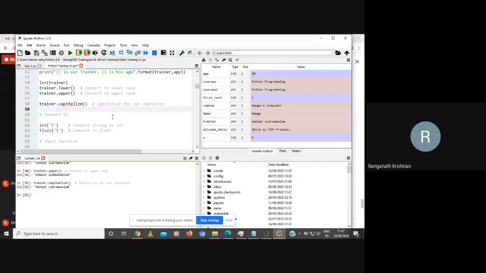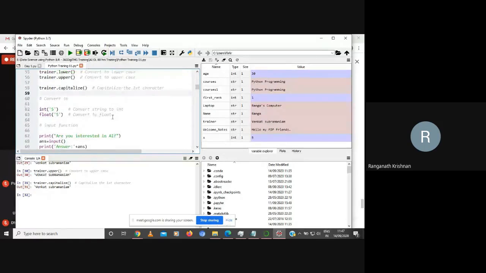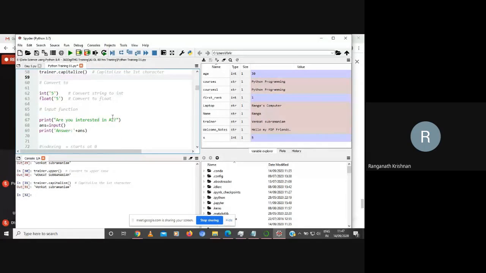Okay, so that is basically how strings work. Now, see how beautiful and easy typecasting is. All of us know programming; typecasting and conversion are a big deal in other languages. I want to convert a string to integer. I just use the integer function with the value within quotes, and it changes it to integer.